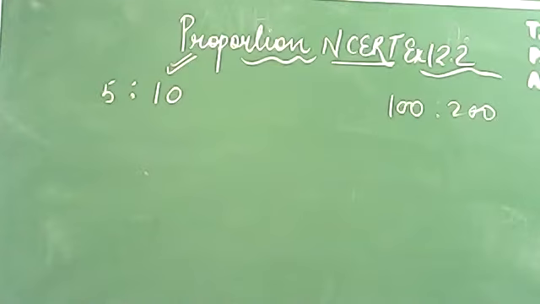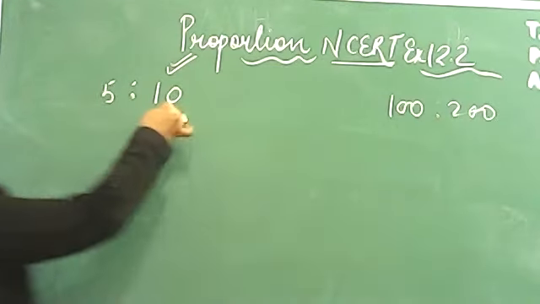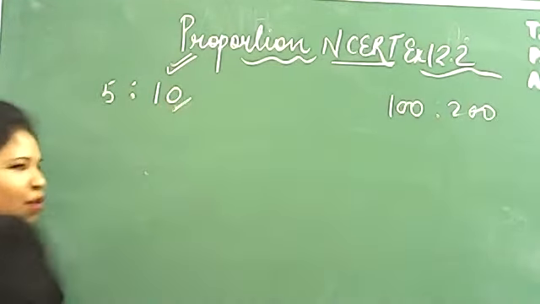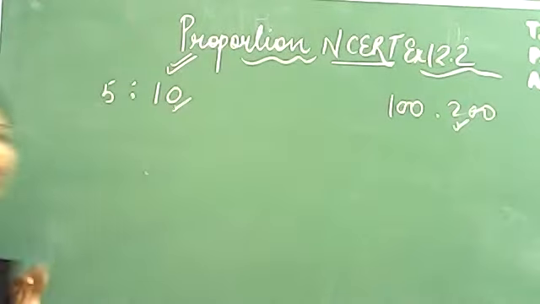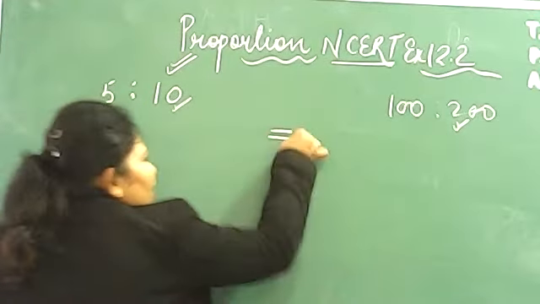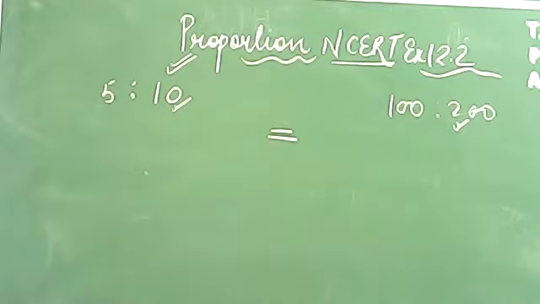Okay? So for this, what will you do? You will first solve this ratio in a simplest form. You will solve this ratio in a simplest form. If both are giving you the equal numbers, or you can call it, when they will give you the equal simplest form, they are in proportion. When ratios are equal, we call it proportion. Okay? You will compare the ratio, and after comparing, when you will get the same value, you will be getting that they are in proportion.